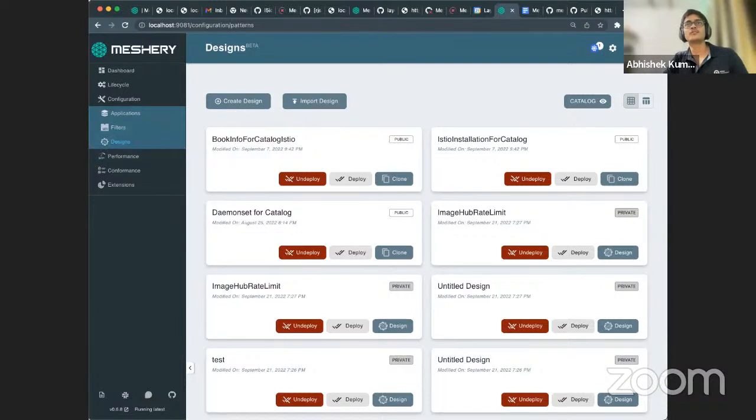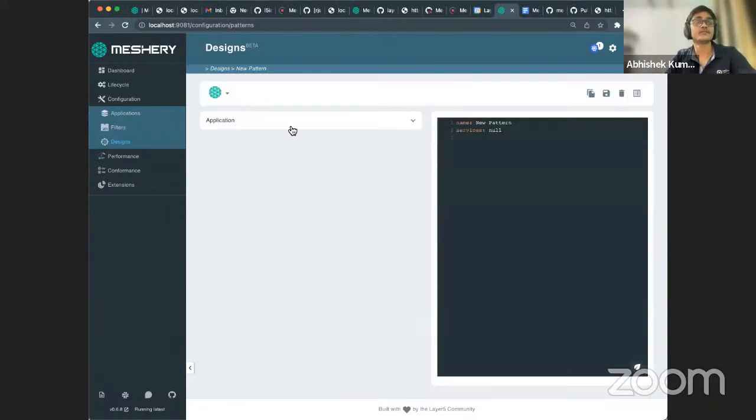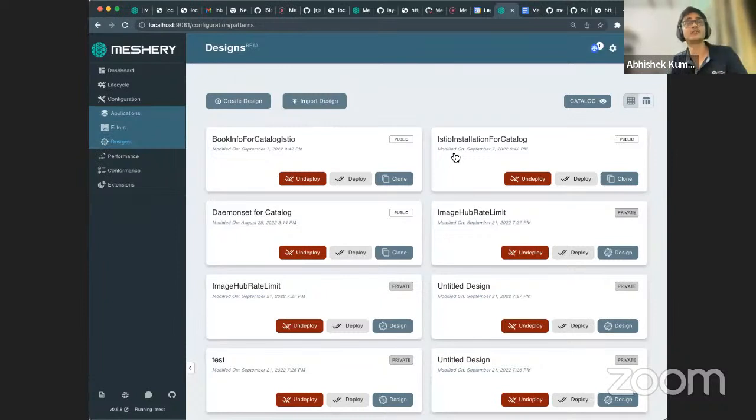There are a lot of operations that can be done with the help of this design window, like deploy and undeploy, cloning and all, as well as for the applications and filters. And there is another thing inside the design, which is called design configurator, where you can create your designs and modify the existing ones. So the basic thing here is, when someone makes changes around these operations, it sometimes creates side effects that go unnoticed because of the lack of integration tests or end-to-end tests.